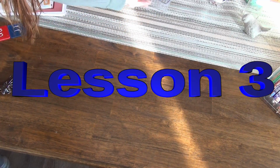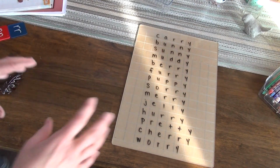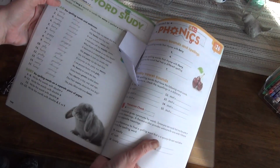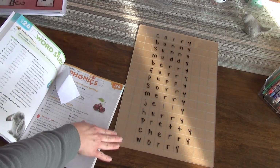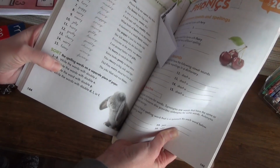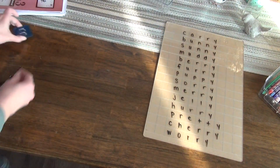Hi there. So it is Wednesday, and yesterday I mentioned that you could take this off of the page. Sometimes I do this out of the workbook. So let me give you an example of that really quick. And since I'm setting it up, I'll probably have her do that today along with a workbook. But here I had our big Jack and Link grid board, which we use all the time. I absolutely love it. I was able to fit 14 words on there. So yesterday, instead of just having her write it in the book like I had her do, we could have done something like this, where it is the same thing. I give her the list,